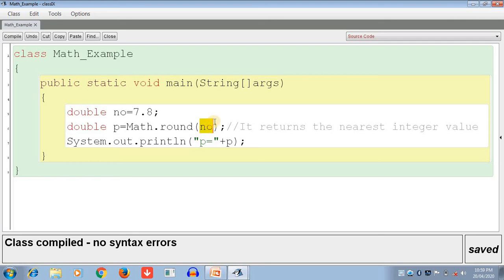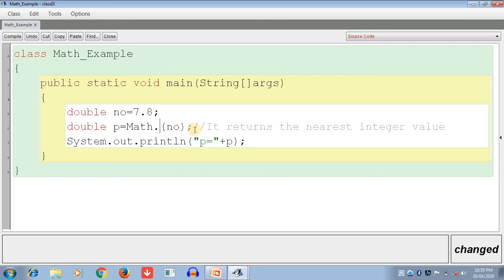Next function, absolute, that means abs. What is the absolute function? It converts a negative number into a positive one by removing the sign.